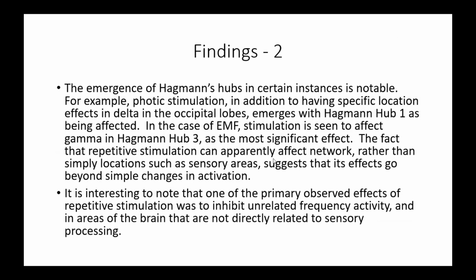So another set of findings is the emergence of Hagman's hubs in certain instances. For example, photic affects Hagman 1, which is a visual system primarily. But the pEMF is seen to affect gamma in Hagman hub 3. Is the most significant effect. So because we're able to do z-scores not just for typical ROIs, but for hubs, you can find out if a hub is being affected by the stimulation. Or any other intervention. This technique could be used with hypnotherapy, any type EMDR, any type of intervention, high oxygen,